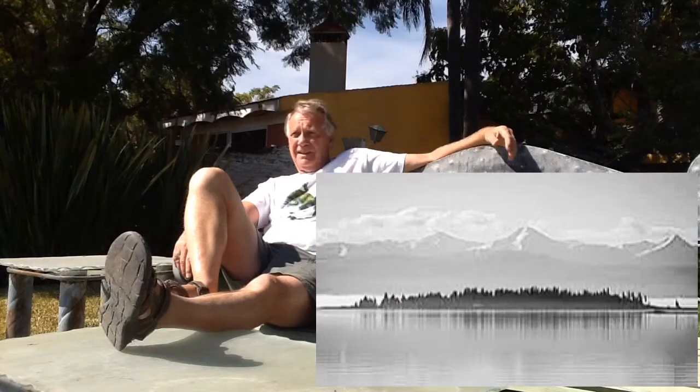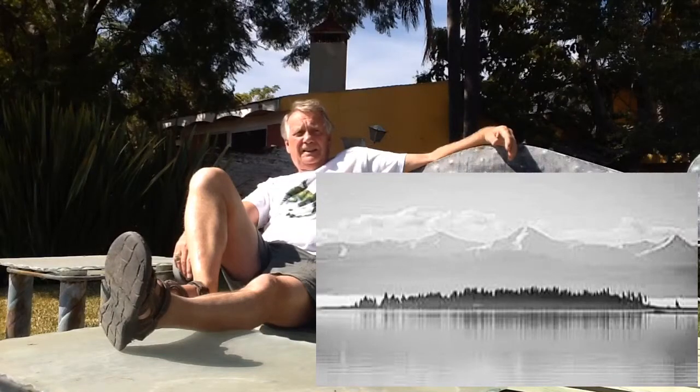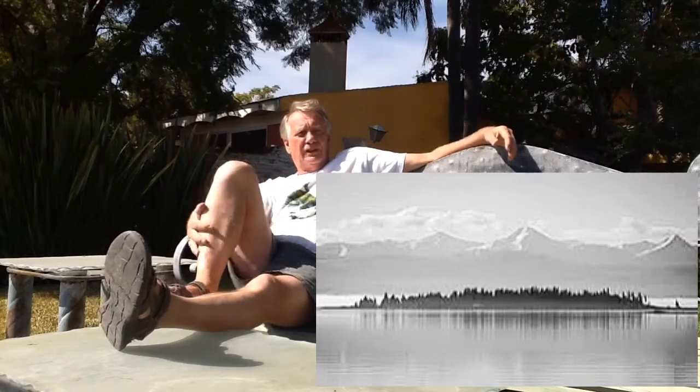But anyway, the one I want to talk about today is the island in Yellowstone Lake. Yellowstone Lake's pretty big, and there's a fairly good sized island out there. It seemed really big when we were a kid, and we always wanted to go out to the island, but we never could. Dad and Grandpa had a boat,